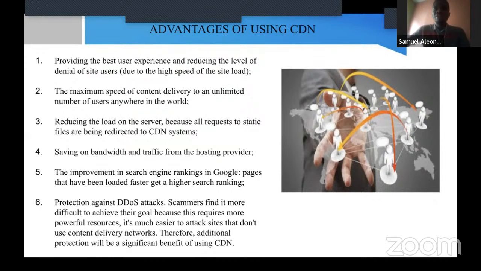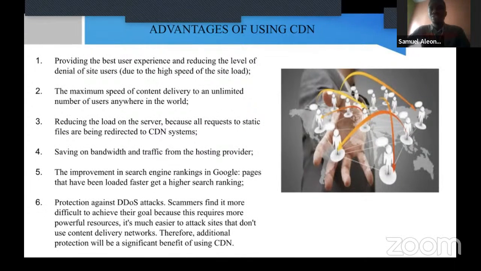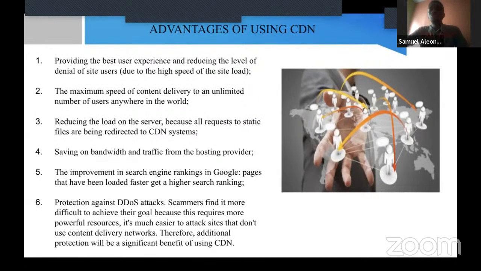You're reducing the load on the server because all requests for static files are being redirected to CDN systems, saving on bandwidth and traffic. Improvement in search engines. So because it flows faster, Google search engines will be able to pick up your website faster, and it gives you protection against DOS attacks. Scammers find it more difficult to achieve that goal because it requires more powerful resources. Okay. And so the next will